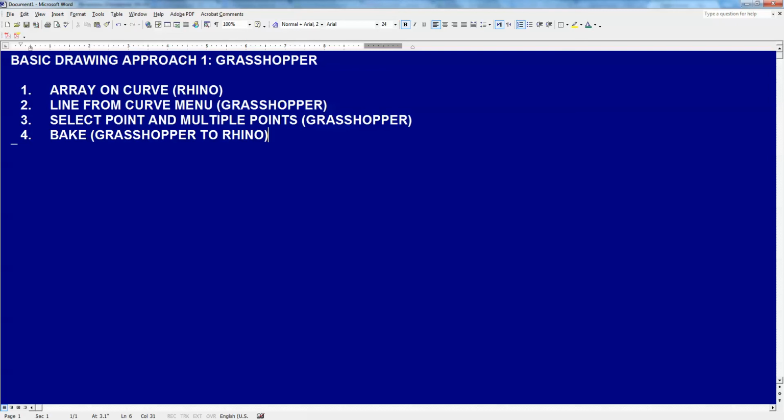Okay, this is a very quick introduction to one approach to drawing in Rhino using Grasshopper. I'm going to start by showing briefly arraying on a curve in Rhino. I'm going to use that in the Grasshopper environment, choosing the line function from the curve menu. We're going to select one point and multiple points and connect one to multiple points. And then finally we're going to exit Rhino by baking the model so that we can manipulate it in the